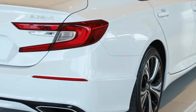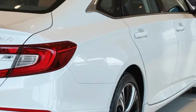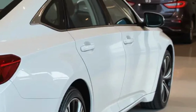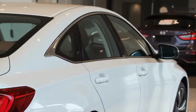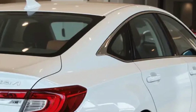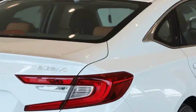daily commutes. Safety has always been a priority for Honda, and the 2025 Accord continues with the Honda Sensing suite of safety technologies. This includes adaptive cruise control, lane keeping assist, forward collision warning with automatic emergency braking, traffic sign recognition, and more. The Touring Hybrid also adds a head-up display and low-speed braking control for added convenience and peace